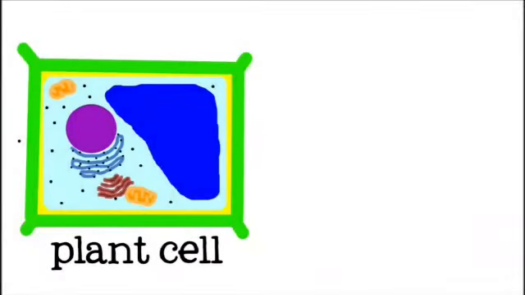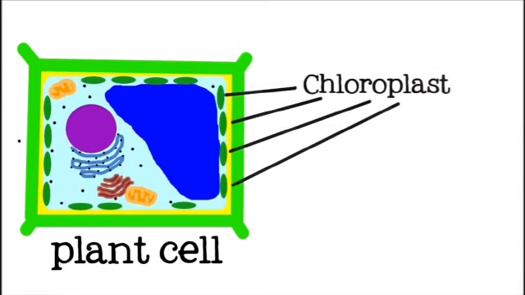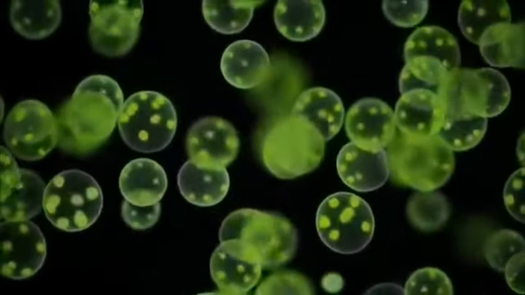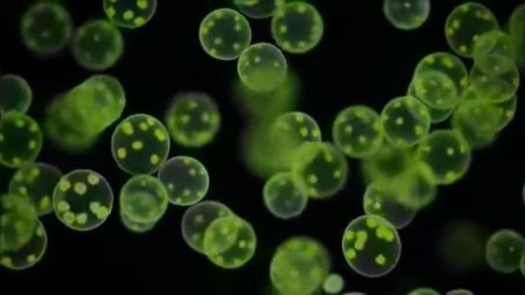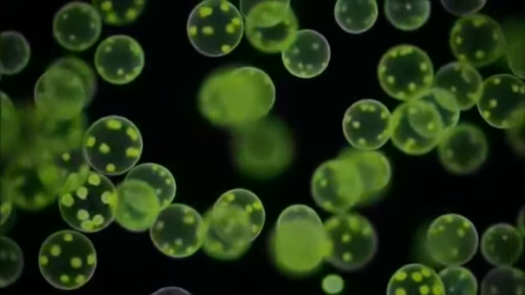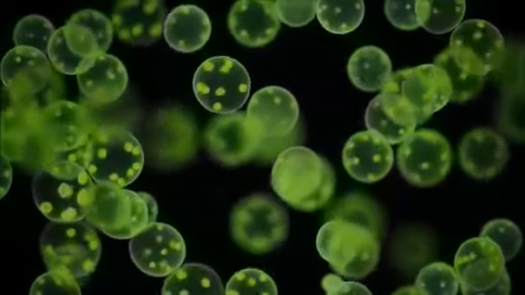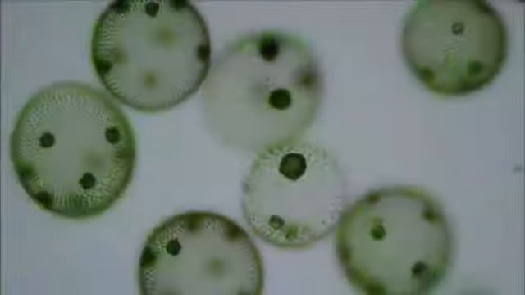Next are plastids, which are only found in plant cells. They contain the green color chlorophyll and thus become the chloroplast. Chlorophyll helps in photosynthesis to make sugar. Chlorophyll absorbs sunlight and helps in the forming of sugar. Simple plants may have one or two of them, but complex plants may have 100 or more chloroplasts.